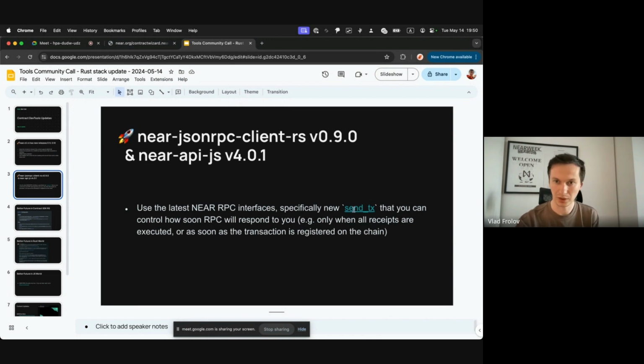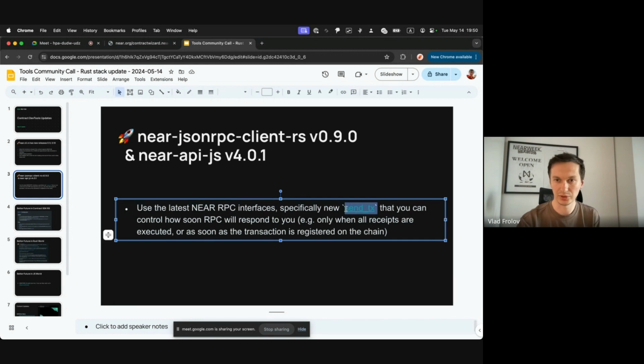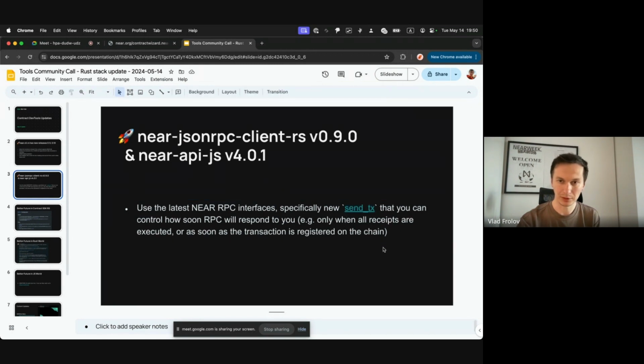I encourage you to migrate over to this new method. All the previous methods, broadcast_tx_commit and broadcast_tx_async, are still maintained and will never be removed realistically, because there is a lot of existing tech that already uses them, and they are basically aliases to this new unified experience of sending transactions.